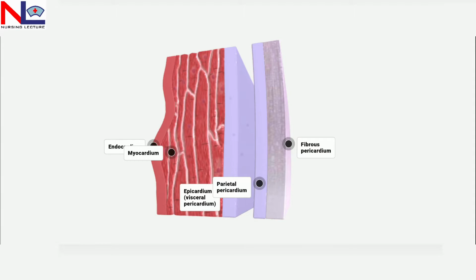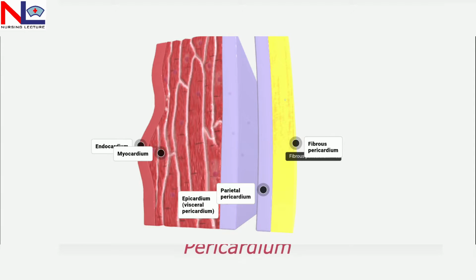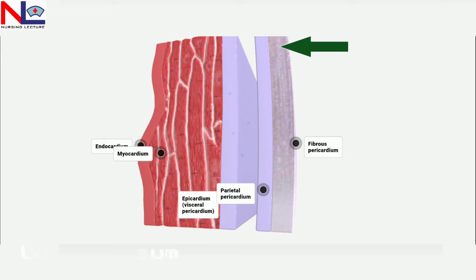Now here we'll see the membrane that surrounds and protects the heart, that is called the pericardium. So in the pericardium there are two linings. The outermost one is called the fibrous pericardium. Here it is, the fibrous pericardium, and this fibrous pericardium allows the heart to move and contract rapidly, and